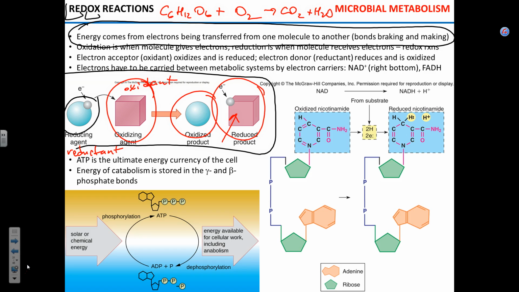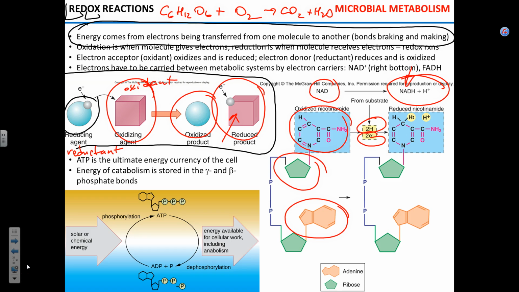Okay? So there are special molecules called electron carriers. One of them is shown here. It's NAD. Nicotinamide adenine dinucleotide. Okay? You don't have to know what the acronym stands for, but what I want you to understand is that NAD can get a couple of electrons. Since electrons carry negative charge, it also has to get a couple of hydrogen ions to balance that negative charge, and then